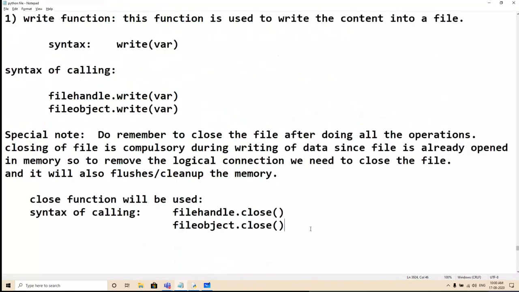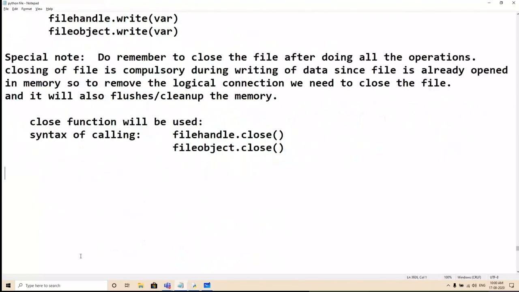Now, the next function is writelines. Let us discuss this also. We'll do a lot of questions. Don't worry about it. This is a basic question. We have done it. Writelines function. You can simply assume what is the meaning of writelines. It will enter so many lines together. It will write various number of lines together by using one function into a file.